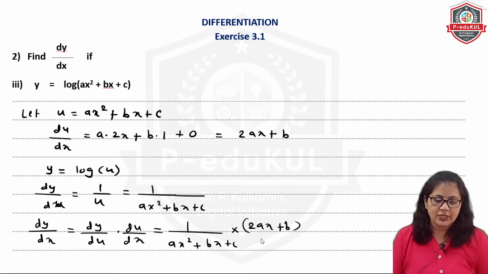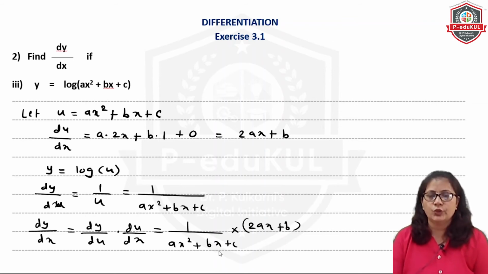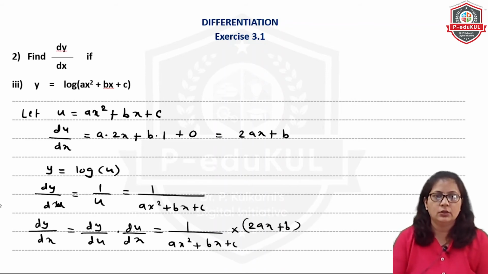That's it. As I told you, you people are not going to do any further simplification of this because this is a chain rule which we are using and it cannot be simplified actually if you see, because here you cannot take anything common, so you cannot cut anything common from this bracket also. So this will remain as it is. Now we have done the 2 question.